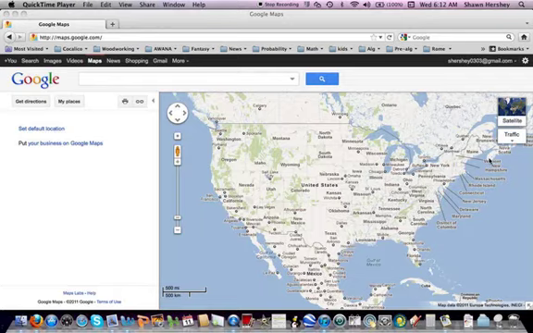For this assignment, what we're going to do is use Google Maps to look at distances. We're going to be estimating, to see how good you are at estimating. And then we're also going to be looking at distances in miles, and also using rates and proportions to find out how they actually come up with these times that they give you to get to